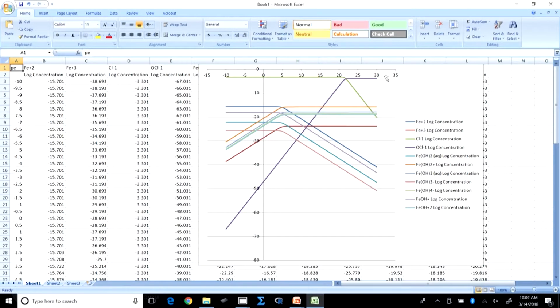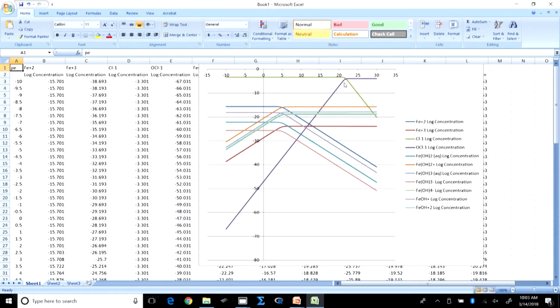So here let's try to understand the system. You have PE on the x-axis and log-C on the y-axis. First let's understand the system with respect to Cl minus and OCl minus. As expected, the PE naught value is somewhere around 22 for that particular couple. When the PE is less than PE naught, we expect the reduced form to predominate, and that's what you see here, Cl minus,